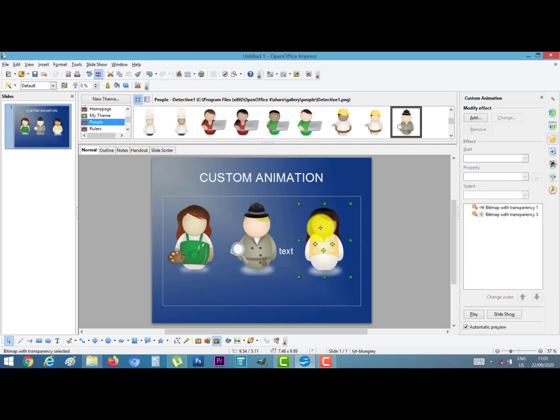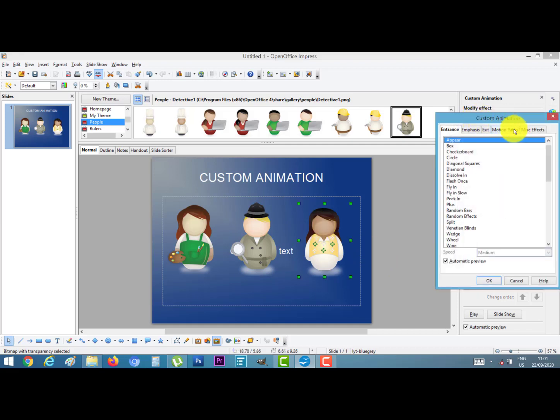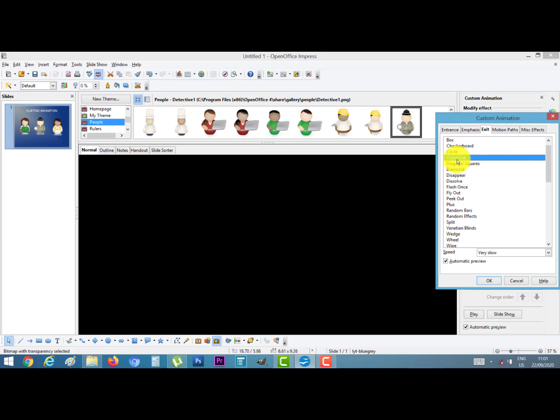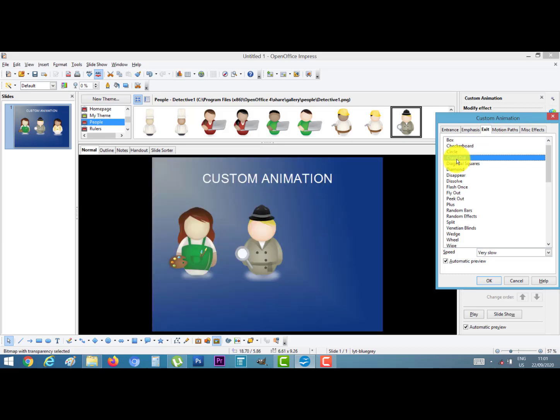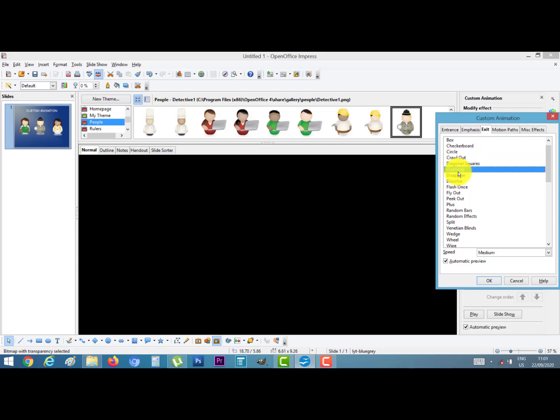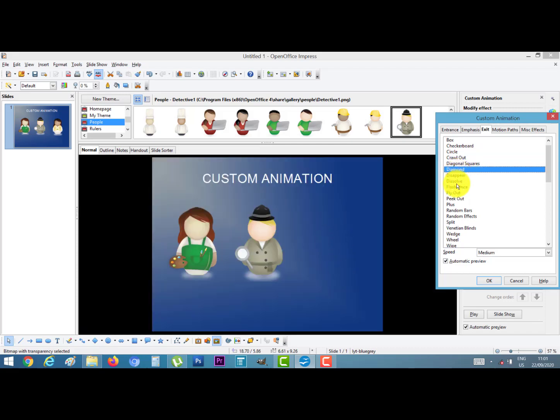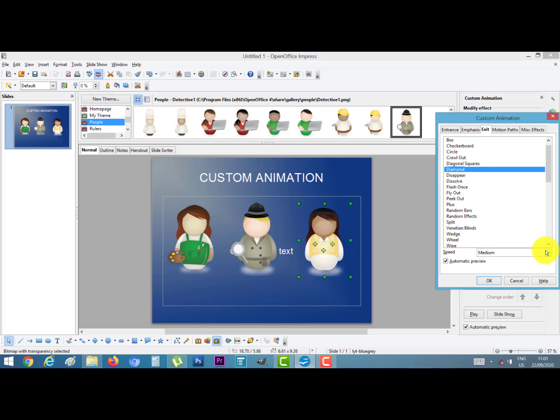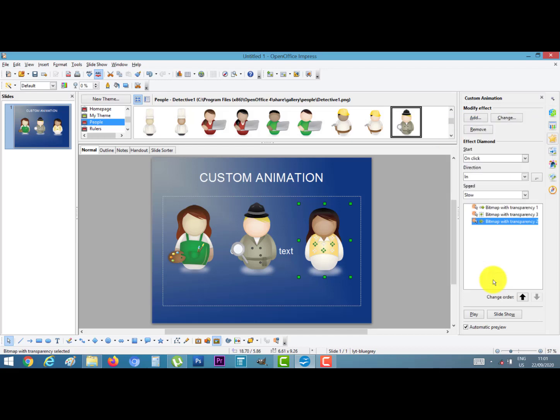Now select the third object, click on add, exit option. I select diamond. Speed, suppose I give slow and click the OK button.